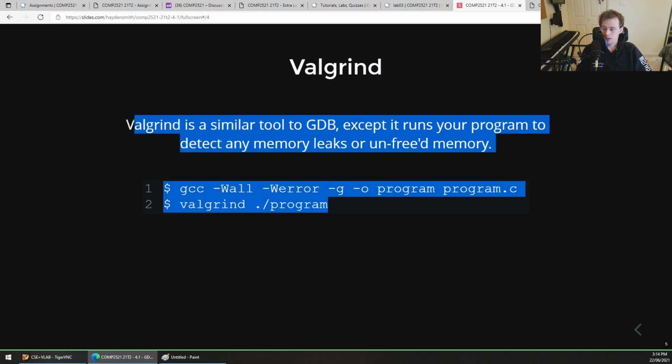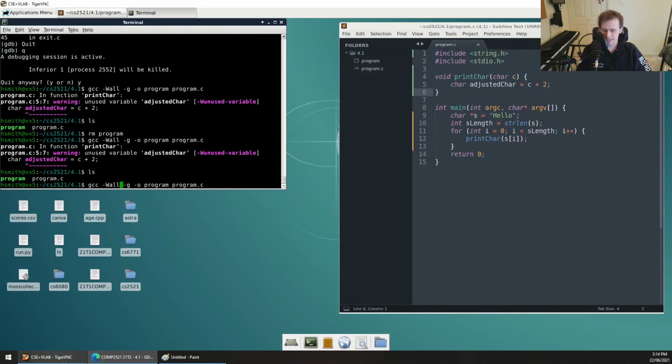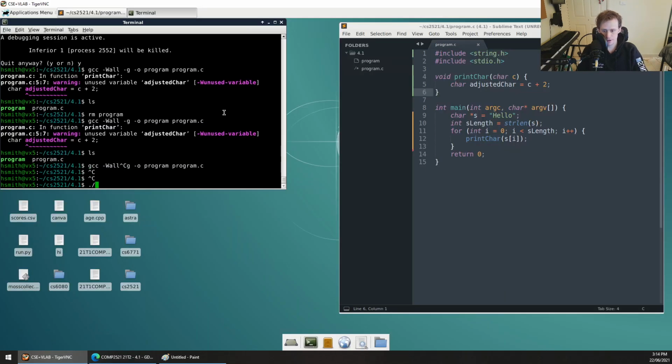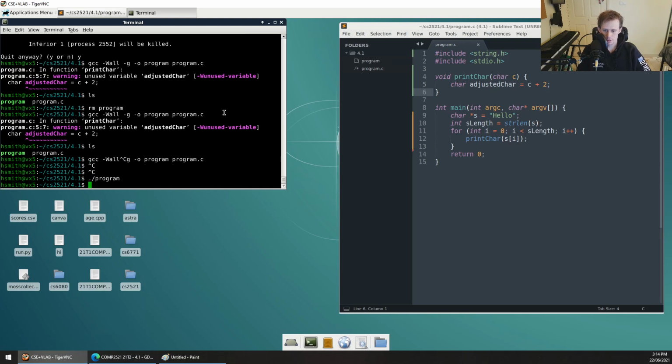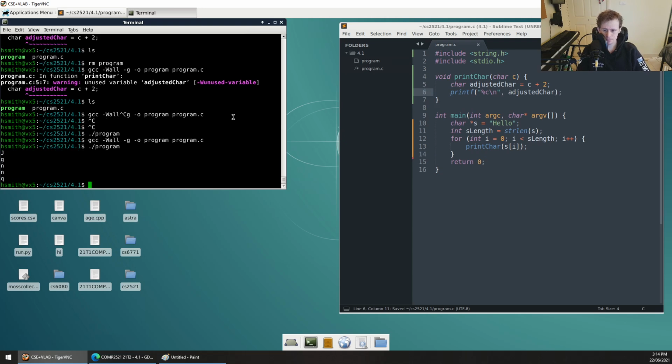So let's use it. It's really simple to use. You have to compile with -g because it needs the debugging symbols. So we've got our program here. We know it runs and prints out nothing because I got rid of that printf. Let's put that printf back in so it's a bit more fun. It prints out